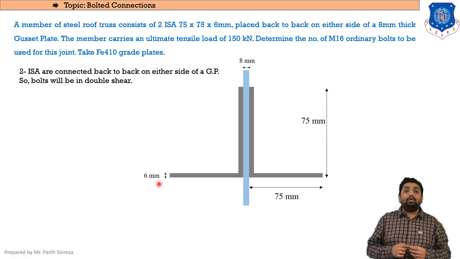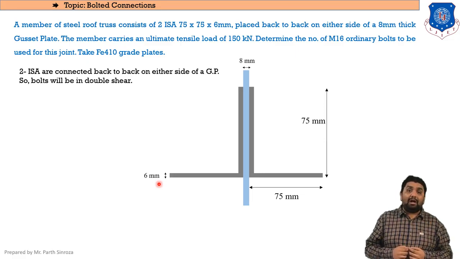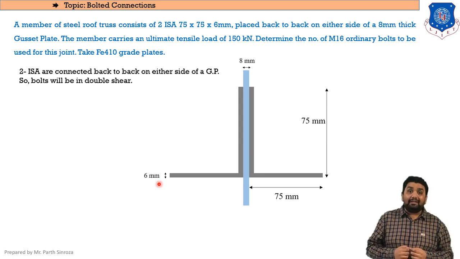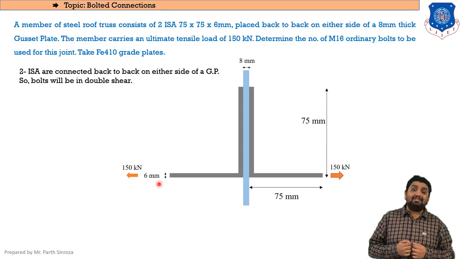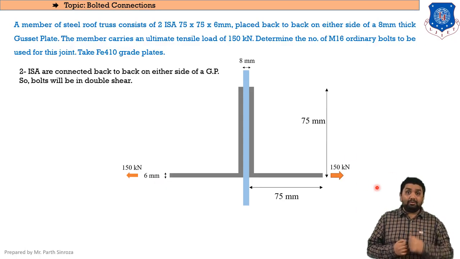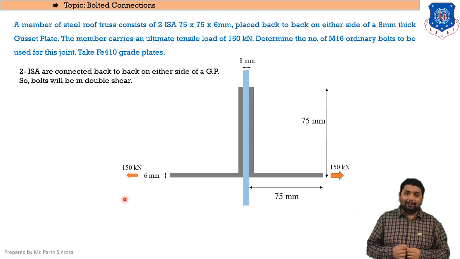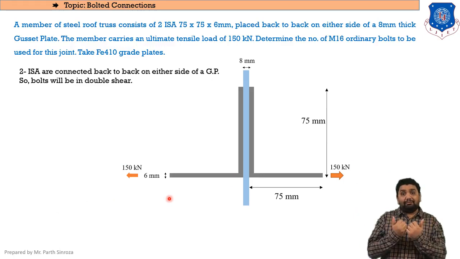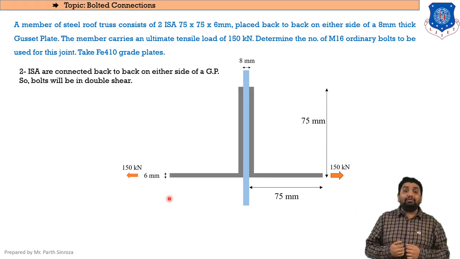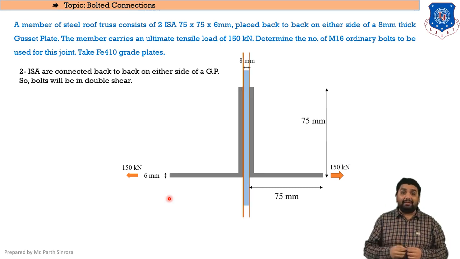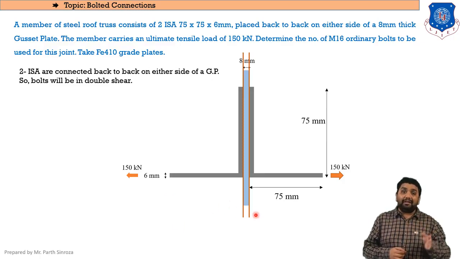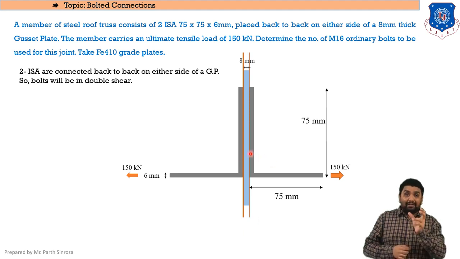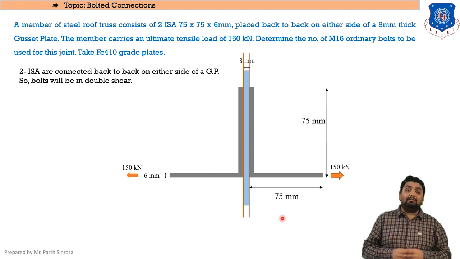Clear? So now how to identify the shear, or how to identify the number of shear planes? For that we will be assuming the load that is given in the question. The load is given in the opposite direction as 150 kN. As you can see, why opposite? Because it is mentioned as tensile load. So if we stretch this load, or if we apply a tension pull, what will happen to the surface plane? As you can see here, two surface planes or shear planes will be generated on either side of the angle sections. So as two shear planes are generated regarding the bolts, the number of shear in this case will be 2. Clear?